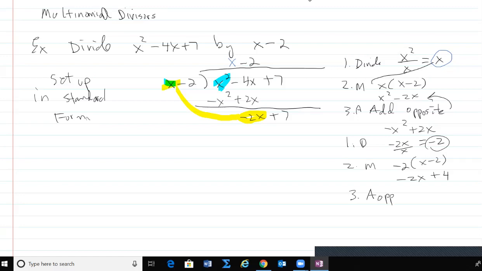Add up. So you're going to add this. Put it over here. Add now. You get a 3 here. Notice every time you do this step, you should get a 0 for that first term. It should zero out. Sometimes you get other zeros also, but the first one definitely a 0. Now at this point, you have to ask yourself, do I keep going? And the answer is no. You have to stop